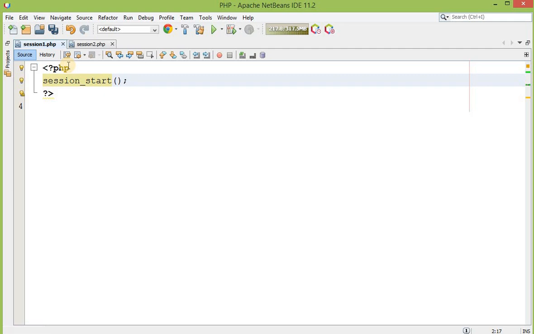You have to start your session by calling this function. This function will start the session.